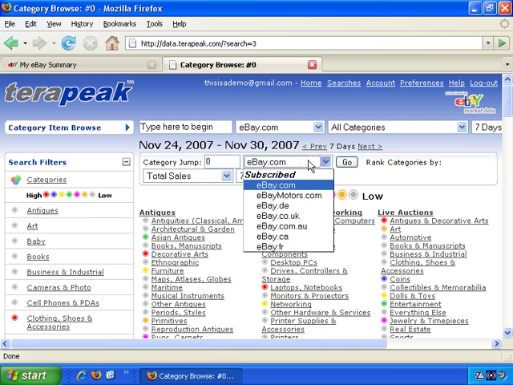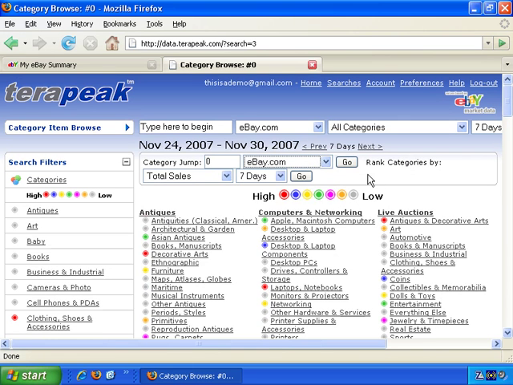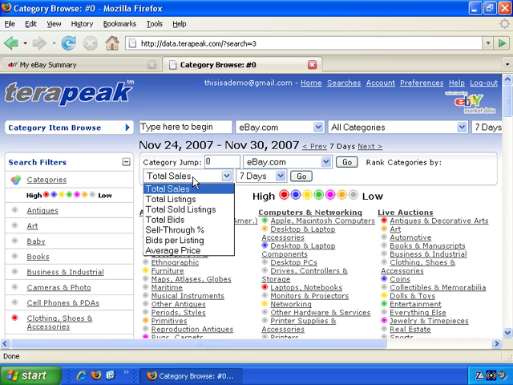And again, if you're subscribed, you can change eBay sites here, but let's stick with eBay.com for this example for now. And you can sort what you see here by total sales, total listings, and so on. So basically, it's asking you in the first place whether you're more interested in what categories and subcategories had the most sales, or the most listings, or the highest number of sold listings, or the highest number of bids, the